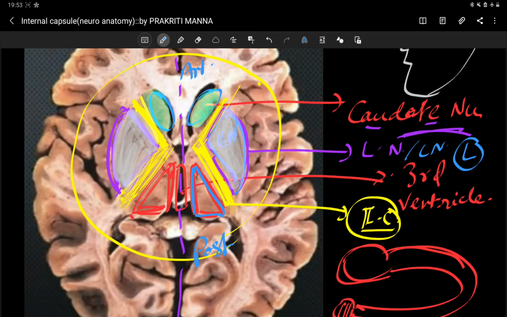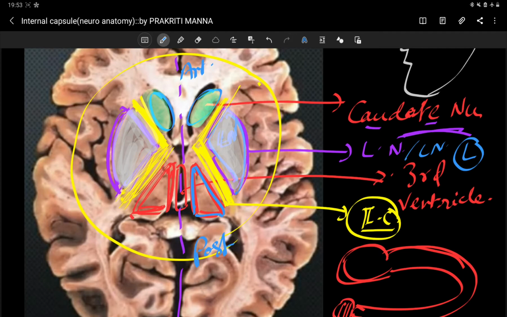The fibers which are coming towards the cerebral cortex are called corticopetal, and the fibers which are going away from the cerebral cortex are called corticofugal fibers. Or, simply, you can say the sensory fibers and motor fibers. So the internal capsule is nothing but the